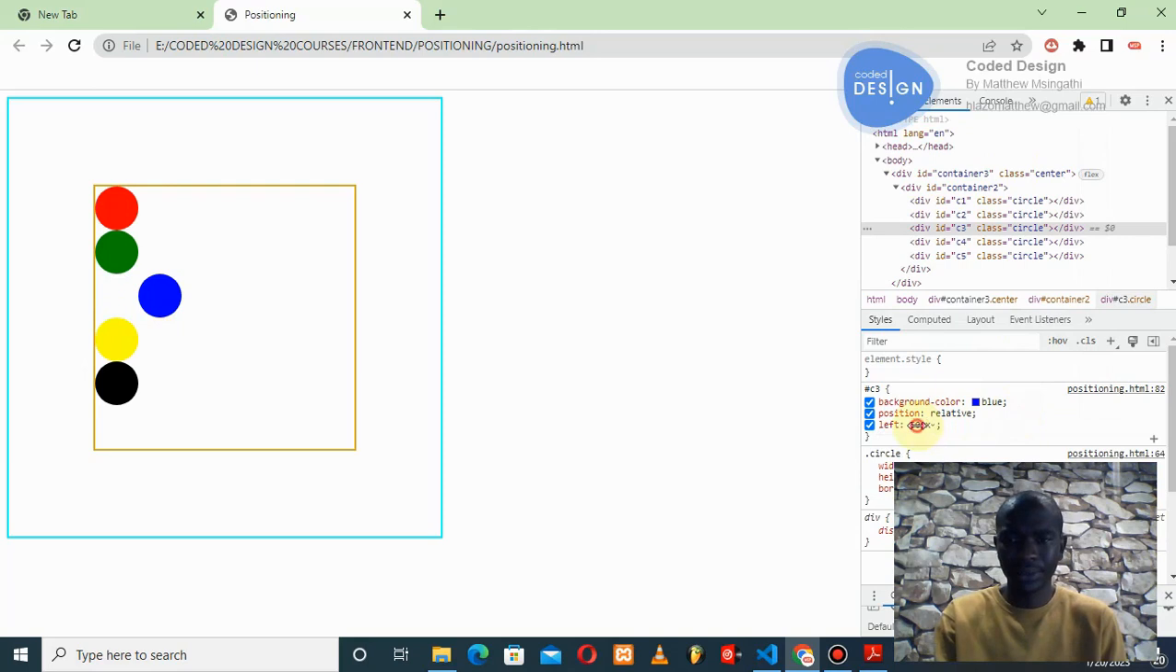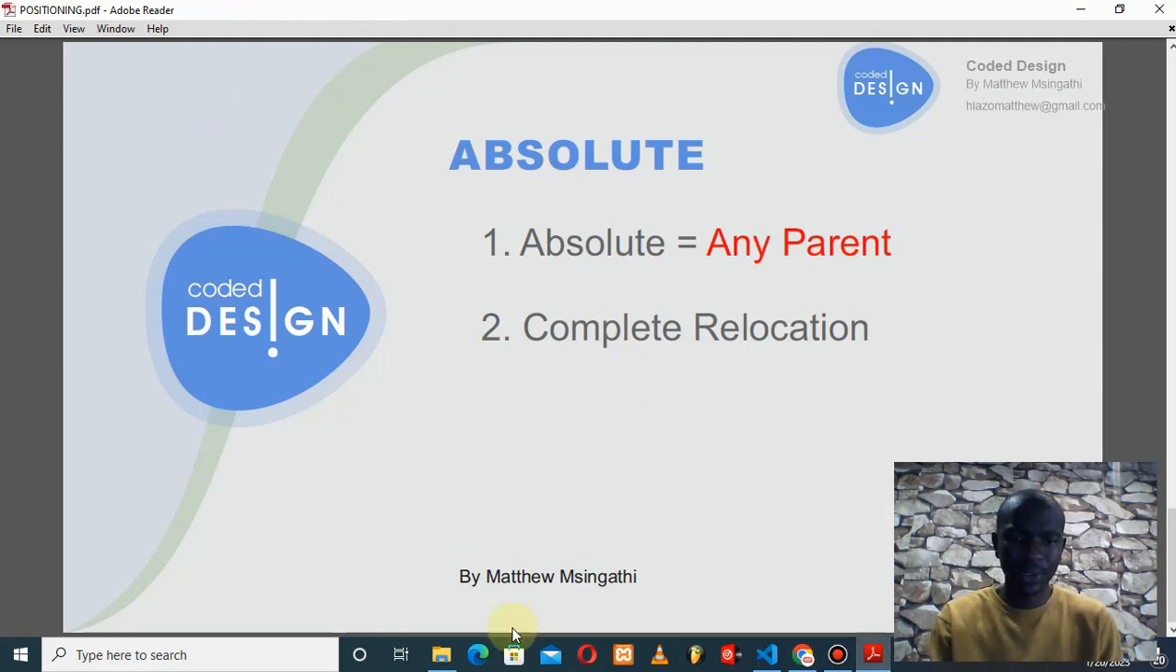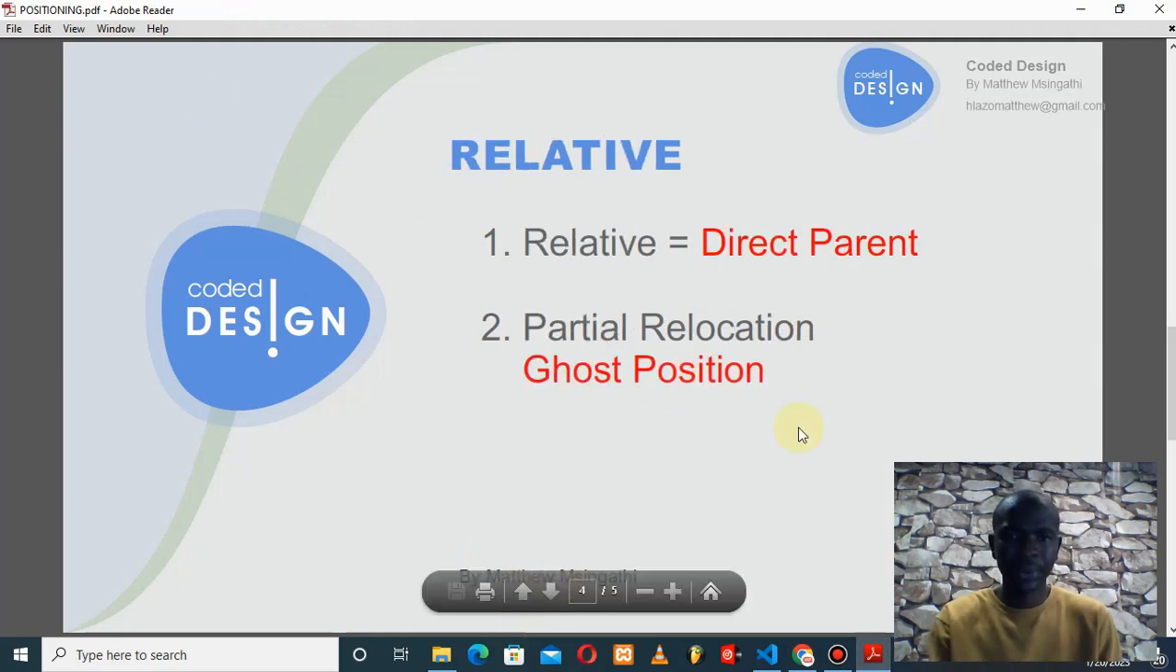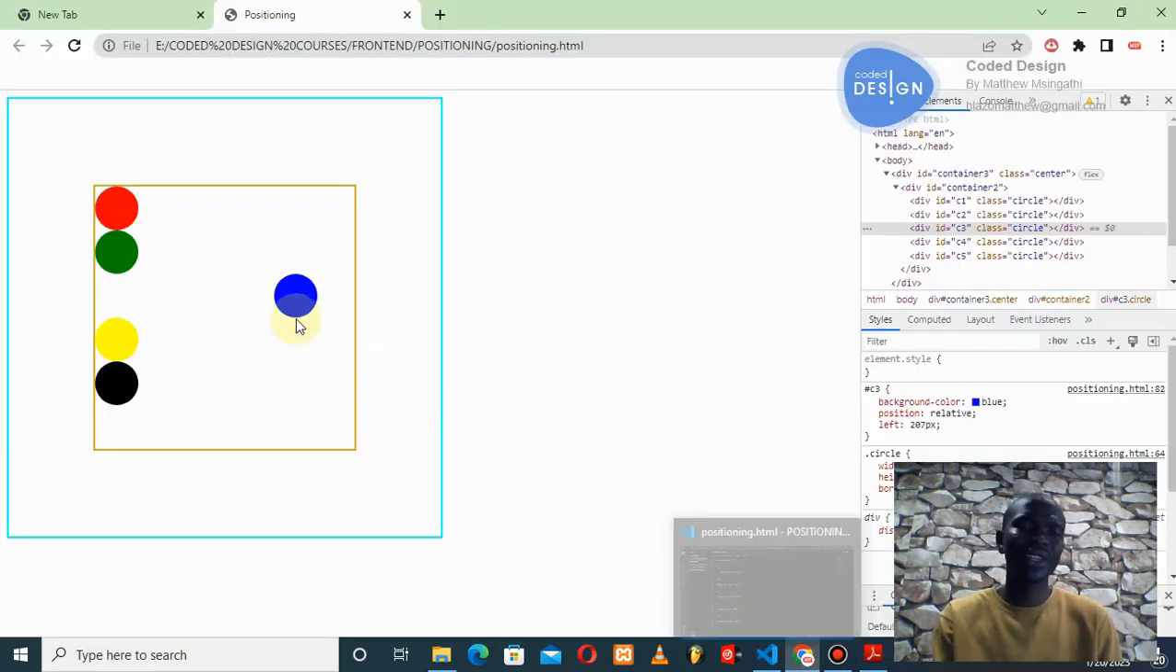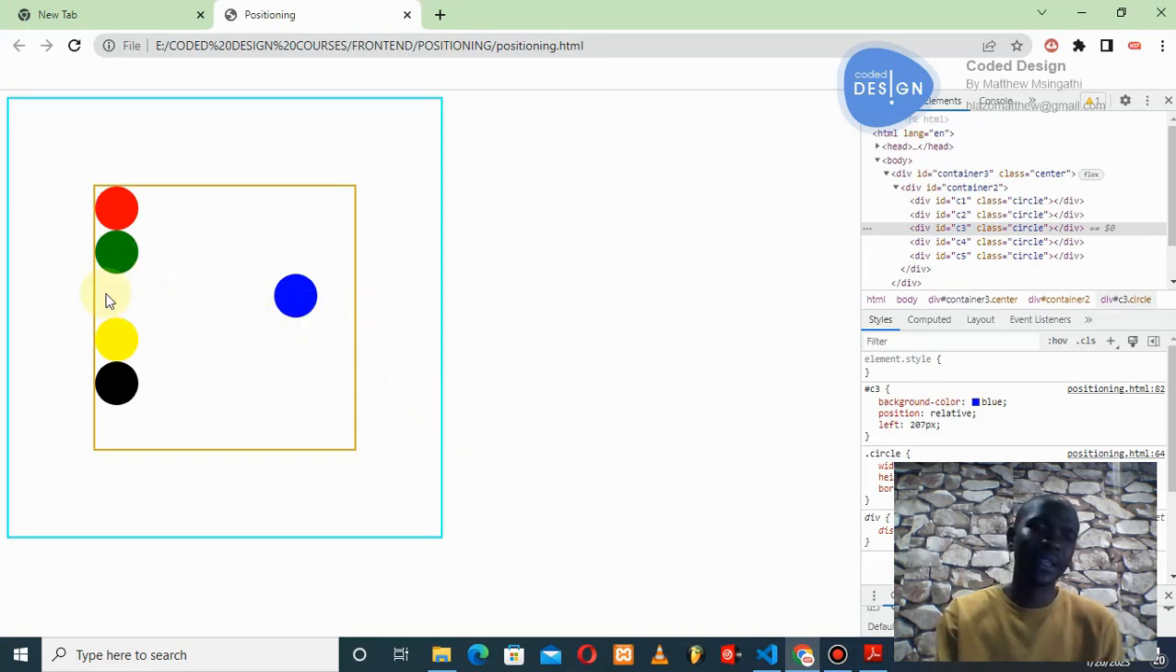You see, what does that mean? It means that, go back to our slide, it means that number one, we are done with this. It means that it has got a partial relocation. It's not there, but it's still there because the position collapsed